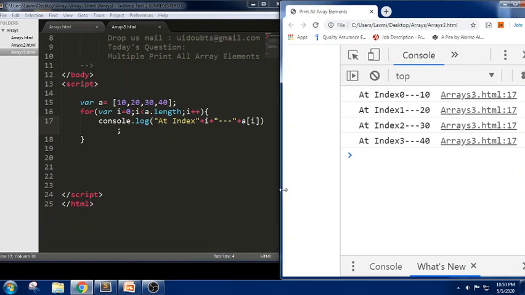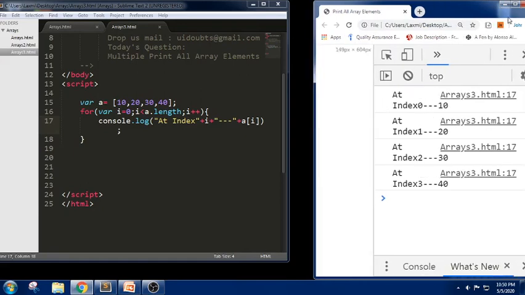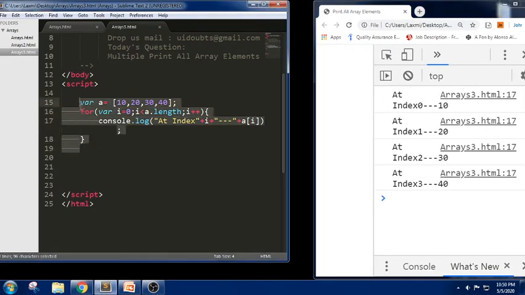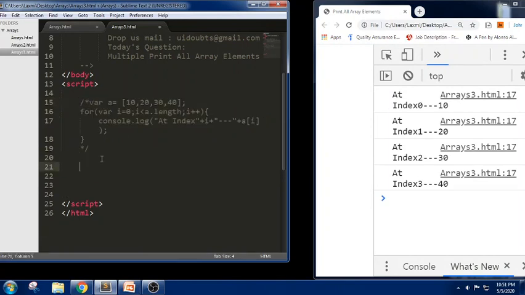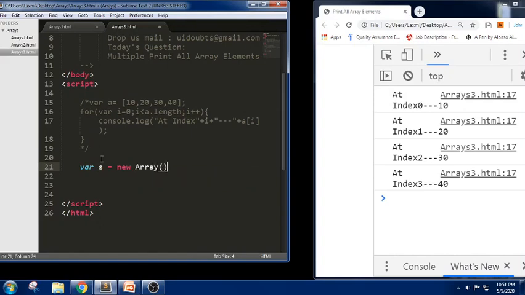Now if I want to write the same snippet using an array constructor, we can create an array using an array literal or an array constructor. Let me put this in comments. Now we will write the same array using an array constructor. Let me write s equals, we use the new keyword here.